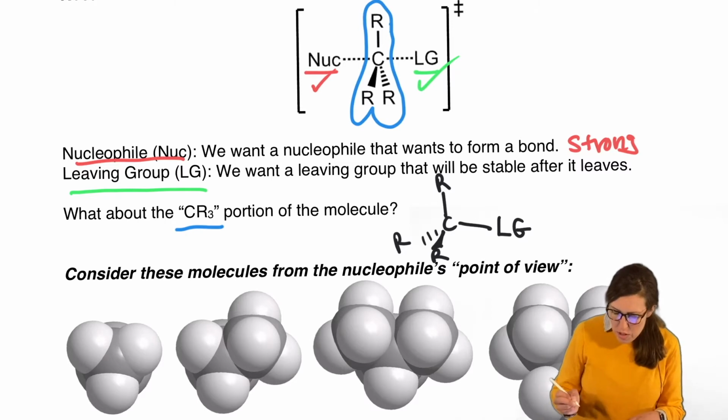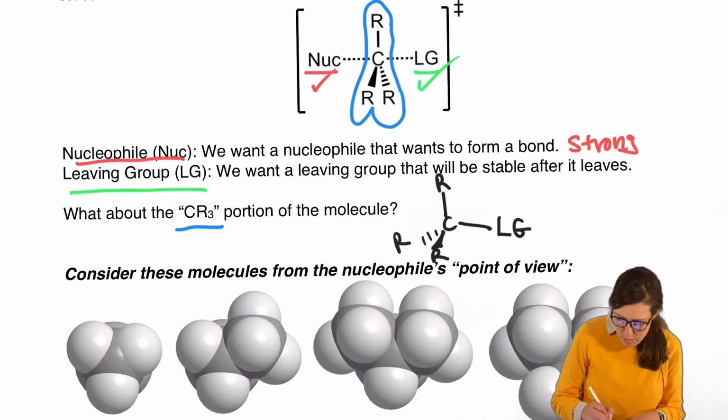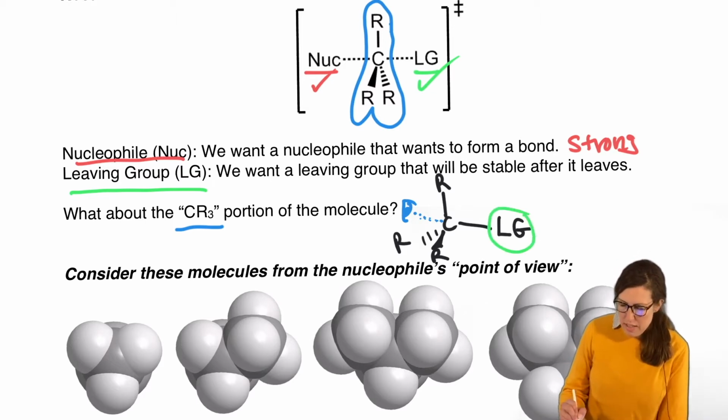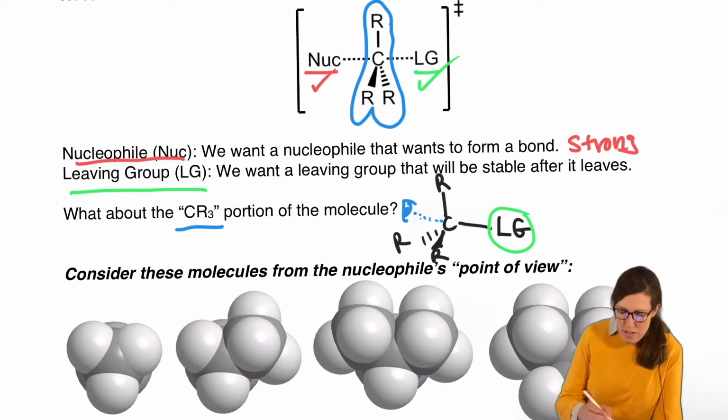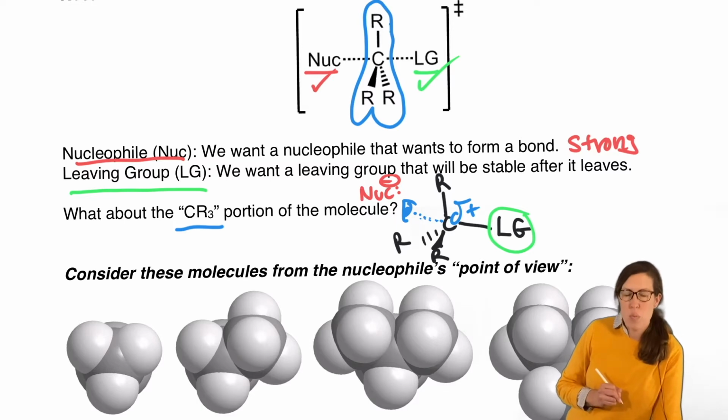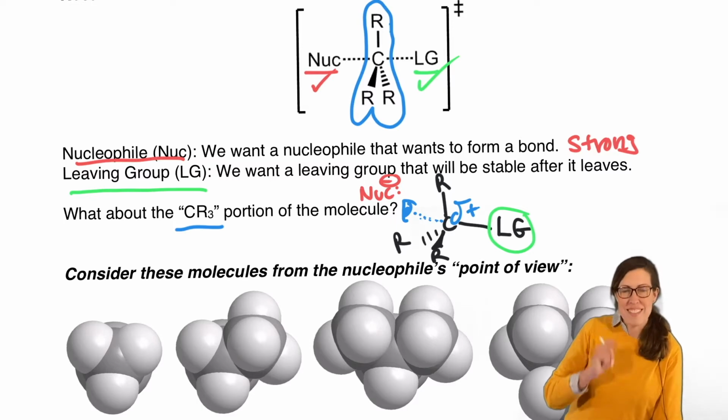So from the nucleophile's point of view, remember it's going to go at that trajectory opposite the leaving group. So it would be looking right here. So the leaving group would be in the back, right? So it'd be like this ball right here. And it's going to say, what do I see as that nucleophile wants to attack that delta plus on the carbon. It wants to get there. What's in its way? Depends on what R is.